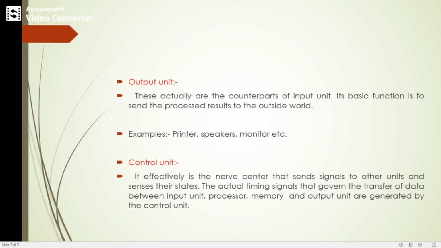Consider whenever a read or write operation is to be performed with respect to the processor. If the operation is a read operation, the control unit will issue the read control signal. Or else, if the operation is a write operation, the control unit will generate the write control signal. As well, we have other control signals like chip select, timing signals, or clock signals, etc.